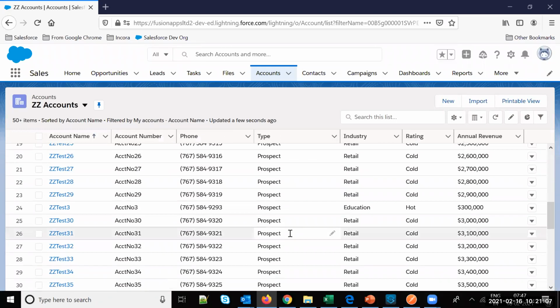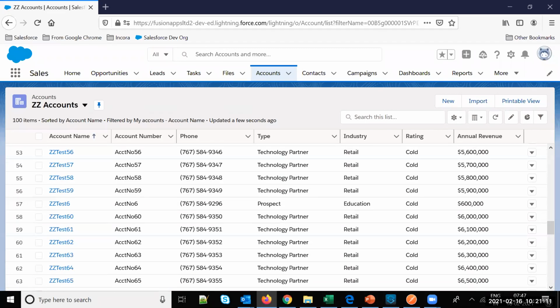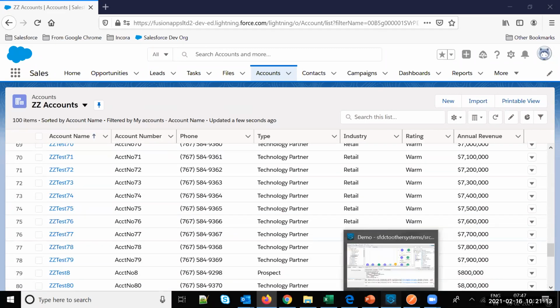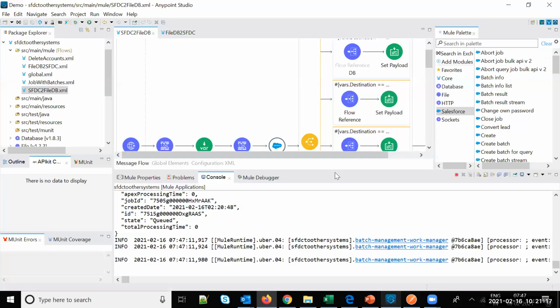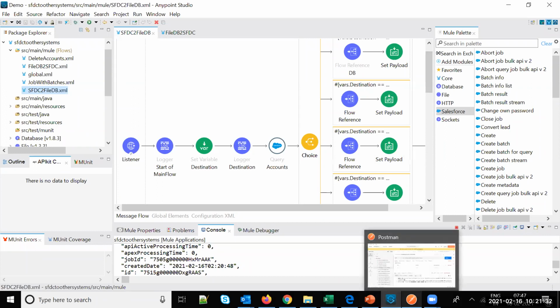You can see the accounts have been uploaded from the file into Salesforce. So what I have used here is a file connector and a Salesforce connector. This is very simple. If I go into detail, it is going to take time, so I've just quickly demonstrated how to read the file and upload into Salesforce. We'll move on to the next demo.